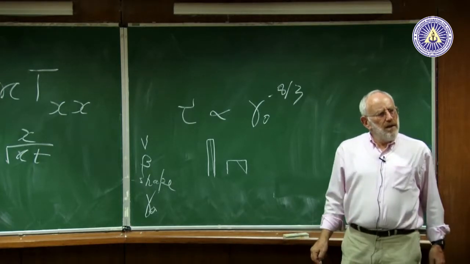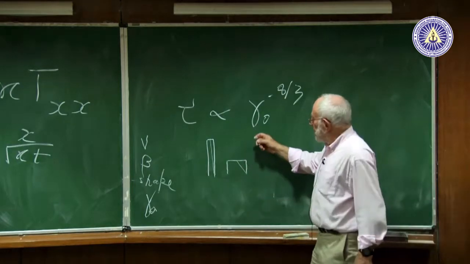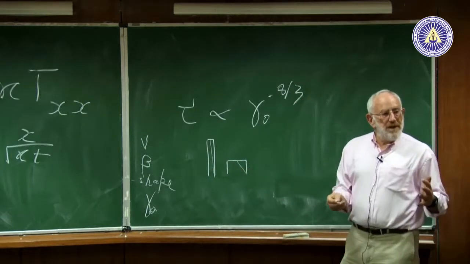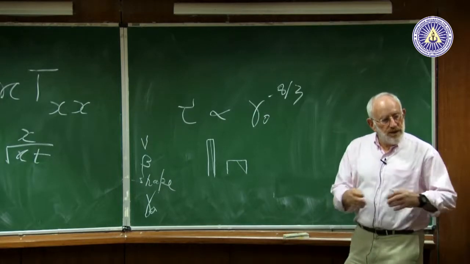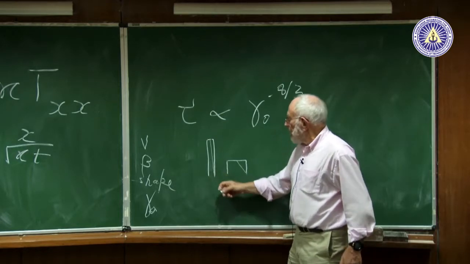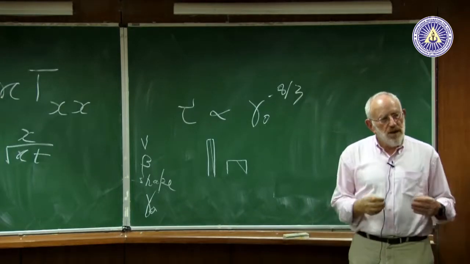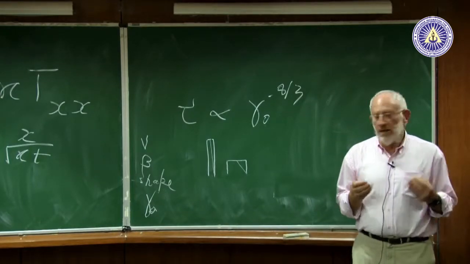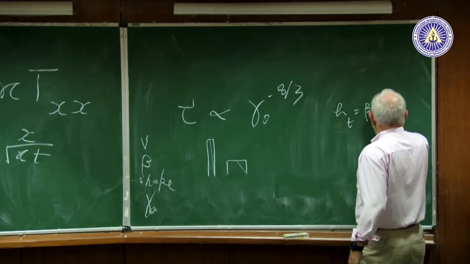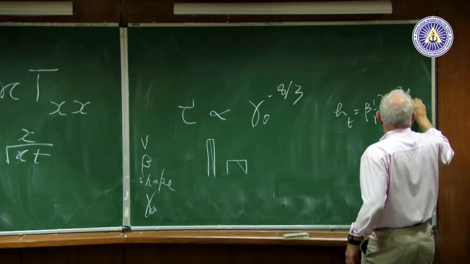But my question also is, how are you reaching the point that gamma is equal to minus 8/3? What I'm saying is, when you look at these two different shapes, if you non-dimensionalize the differential equation governing the similarity solution appropriately with this h and this r, you find it goes like gamma naught to the minus 8/3. That's the only thing that's left in the equation. So that's just saying what must be the result of that equation, that h_t is equal to beta times 1/r d/dr of h cubed h_r.